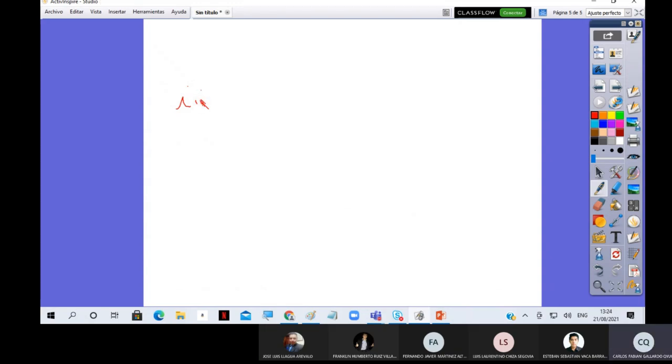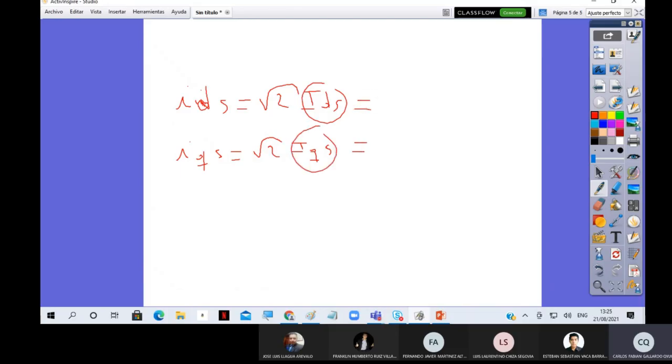by definition is equal to the square root of 2 times the current. So I will have here the stator current on the d axis; to compute the peak value it is the square root of 2 times the current. And for the quadrature component, I will have the square root of 2 times the stator current on the Q axis. So from the previous calculation, we know these two values, times the square root of 2,